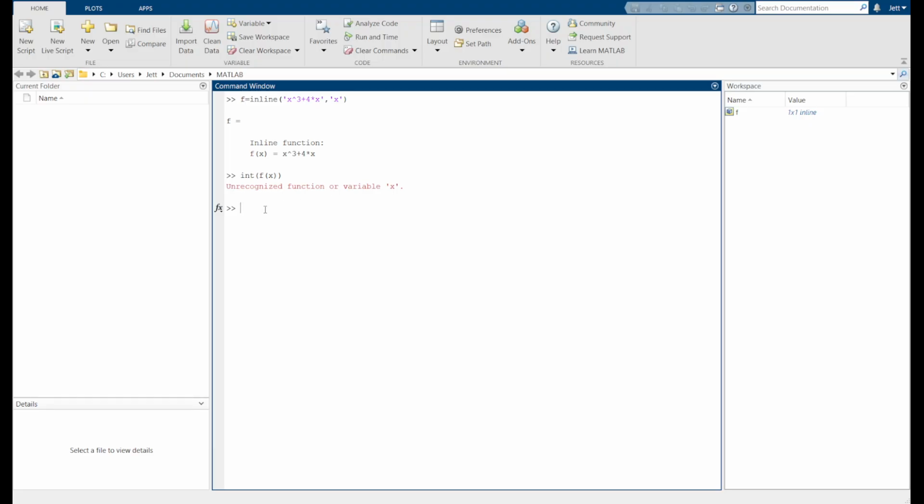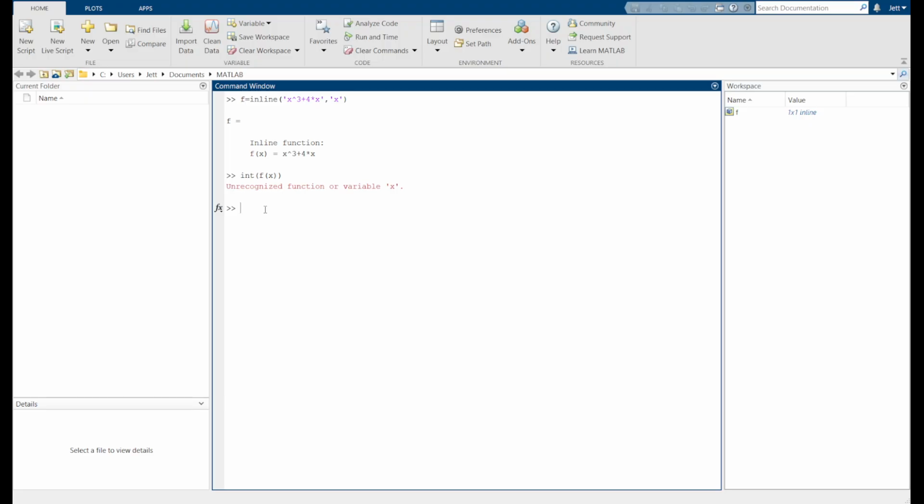To integrate in MATLAB, you need a tool called the Symbolic Math Toolbox. It's an add-on to MATLAB that allows us to denote our variables as symbols. Therefore, it is possible to integrate them once we turn them into symbols.